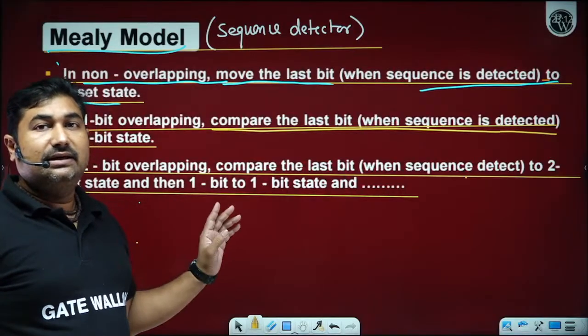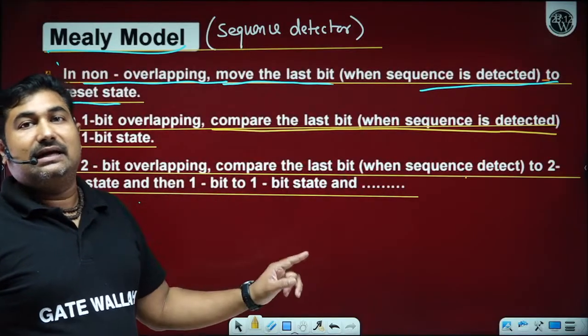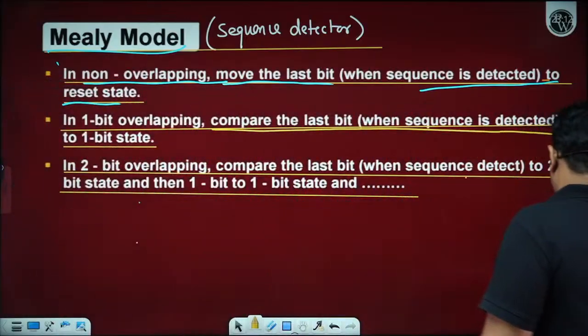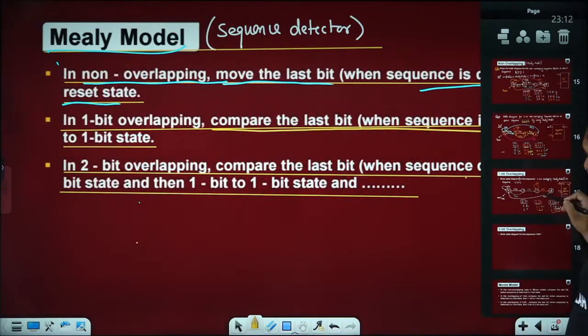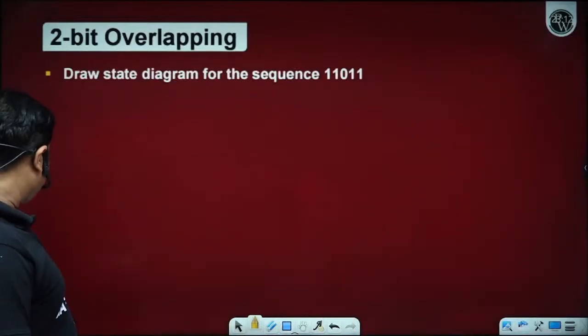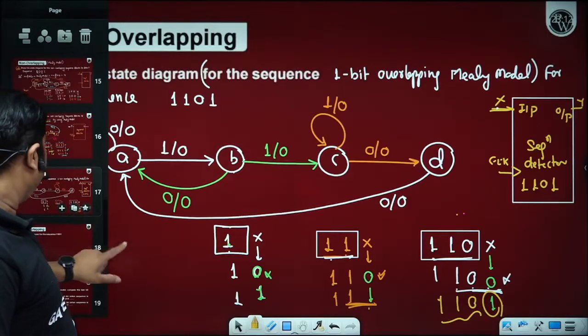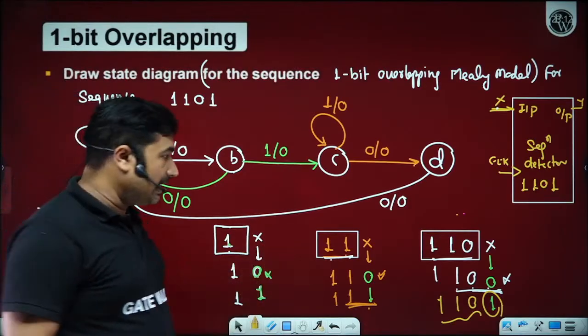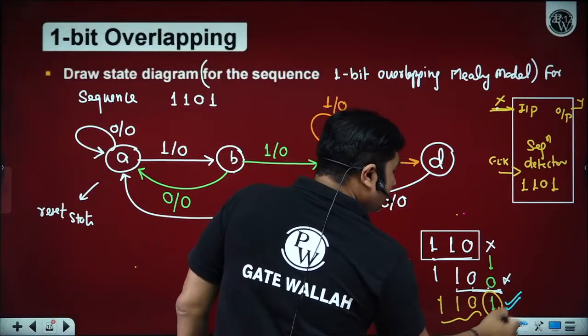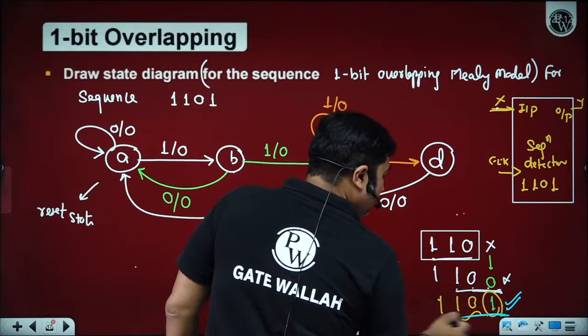Your state diagram may end at the 1 bit state if the last bit matches with the 1 bit state. Because it's a 1 bit overlapping, when the entire sequence got detected,